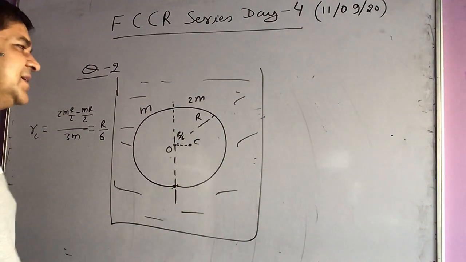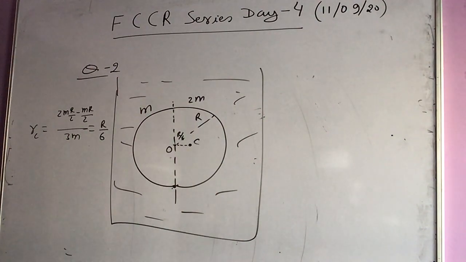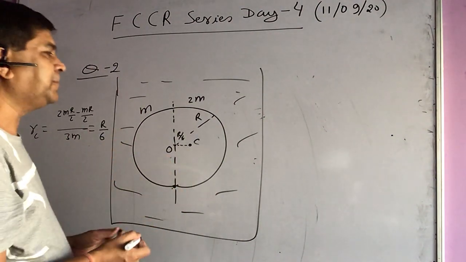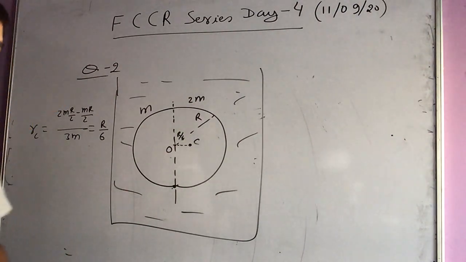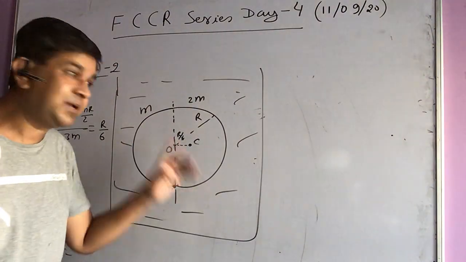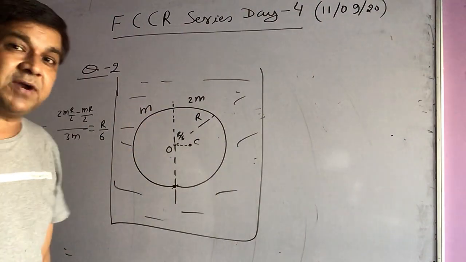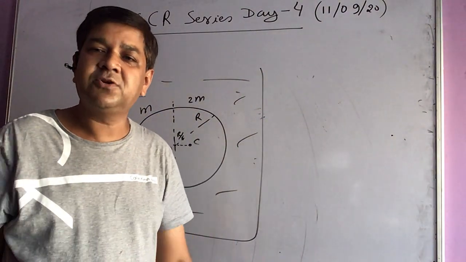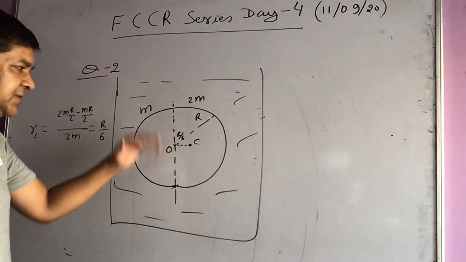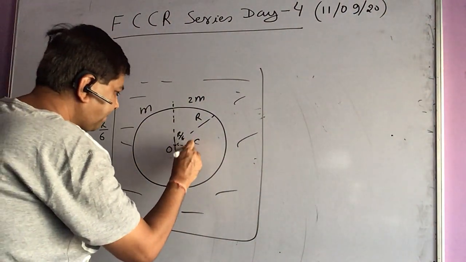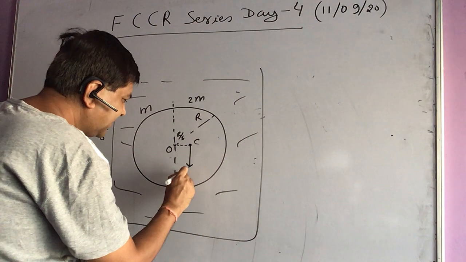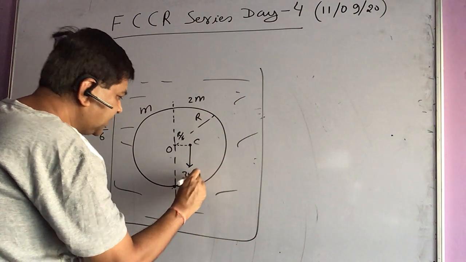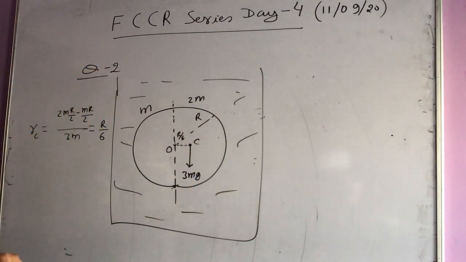Okay. Another thing is there that the question tells you when you are releasing the system, center mass remains at rest. So mind it, I am not telling you O remains at rest. I am telling you center mass. So this point is going to be at rest. What does this mean? This means the net external force on the sphere is going to be 0. That means its weight, which is acting here, 3 mg, is same as the external force. So what is the external force here? Apart from weight, the external force here is the buoyant force.